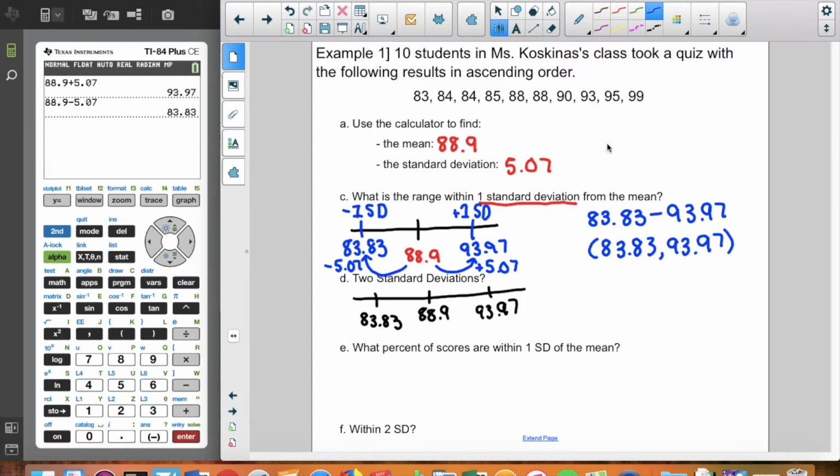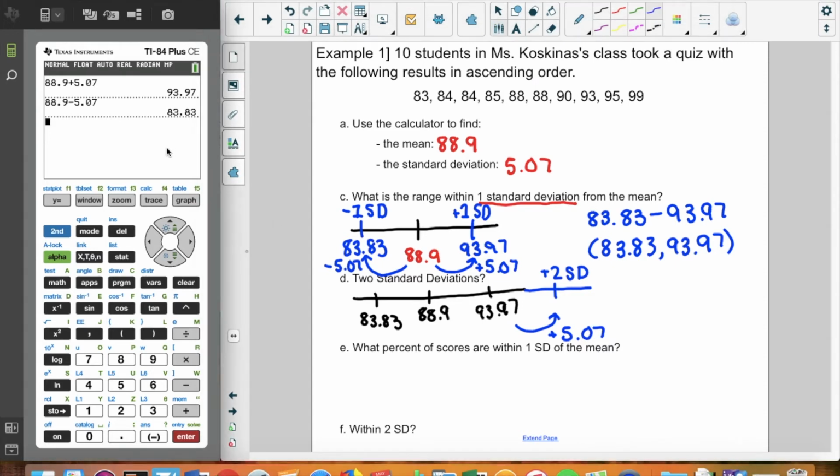So now we just have to repeat it again. So to get 2 standard deviations away, to get from here to here, we have to add 5.07. So back to our calculator, 93.97 plus 5.07,